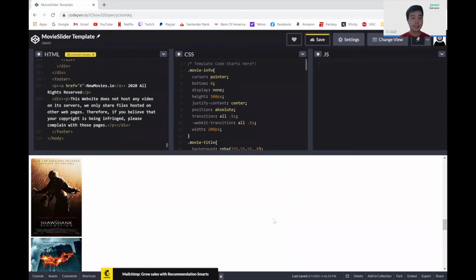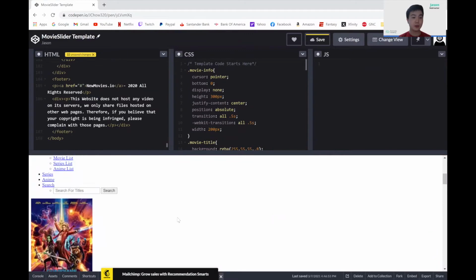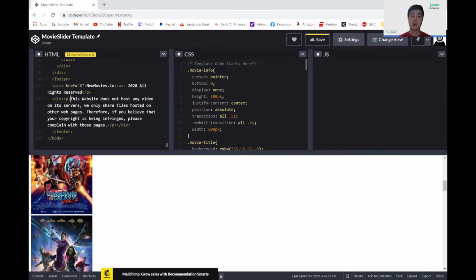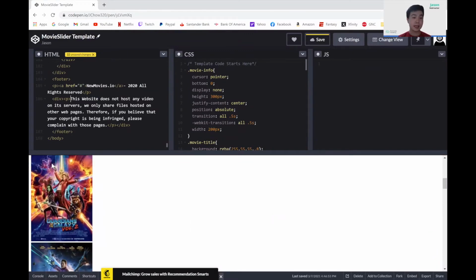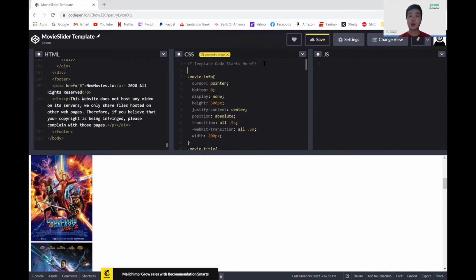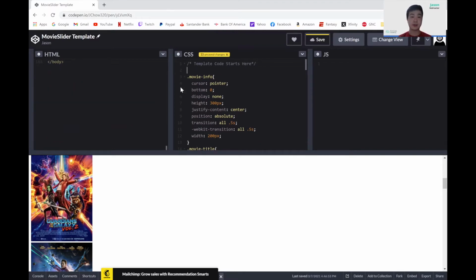Now as you can see in our preview, we have our pictures. But when we hover the picture, the name of the movie, description, and the button is not visible. So let's program our CSS to do that, as well as lining these up and making a slider. The first thing we want to do is actually change the whole website and add some CSS to this. To do this, we simply put a star, and anything inside the star will be applied to the whole